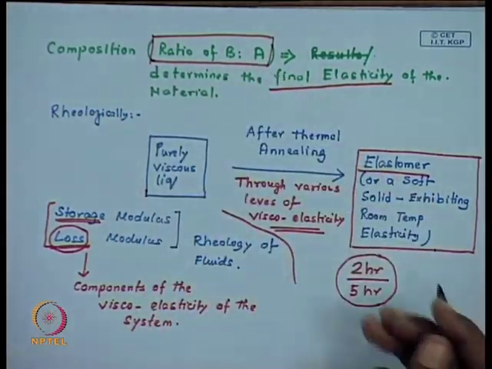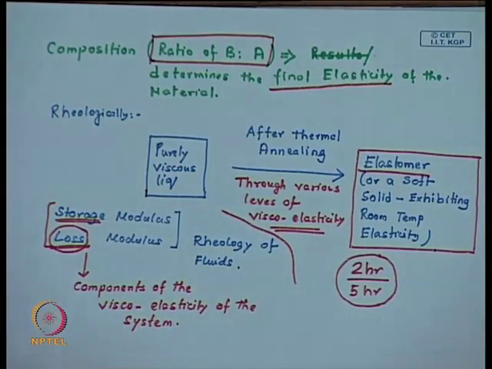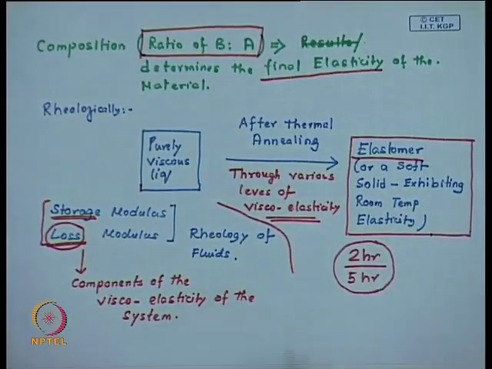What is important, and why some people cure it for 2 hours, and some for 5 hours, etc., is that you would actually try to cure or anneal your system for a period of time which is certainly higher than the period of time which is actually necessary to achieve complete cross linking. Okay. What I also did not mention is that from the standpoint of cross linking, rheologically this transformation is